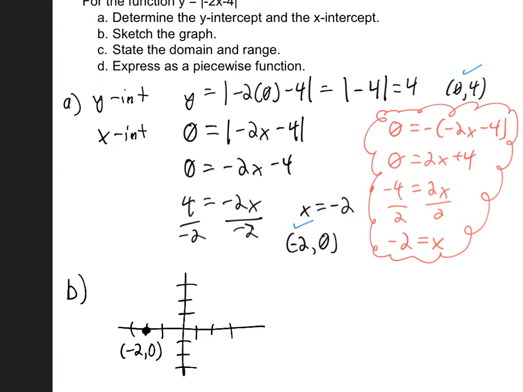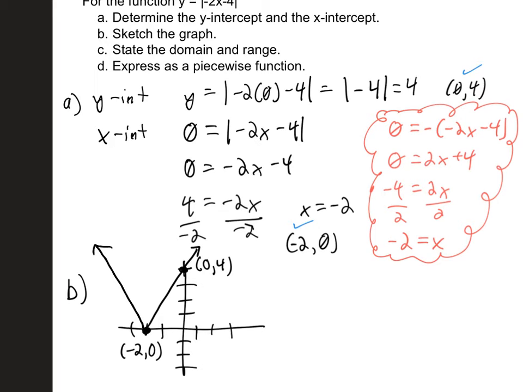And we've also calculated that the y-intercept is going to be (0, 4). So we have this portion to the right of the x-intercept, and we're also going to have this portion to the left of the